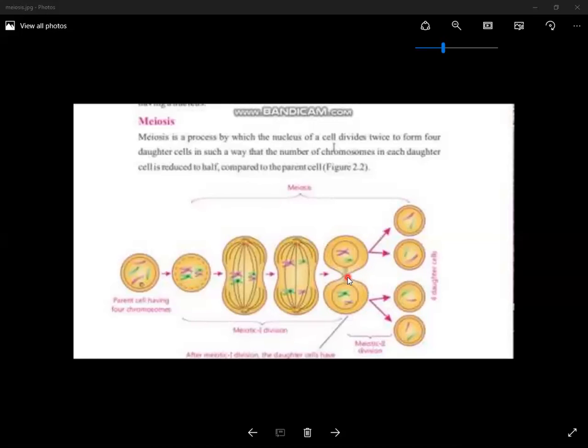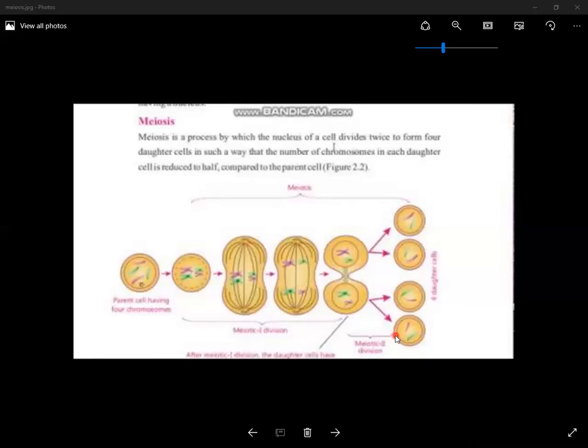It also consists of 2 divisions. Number 1, nuclear division, and number 2, cytokinesis. Nuclear division is all about the nucleus division, and the last division is about the cytoplasm, and it is called cytokinesis. Okay, and from this phase to this phase is the meiotic 1 division, in which the number of chromosomes is reduced, and the next is called meiotic 2 division.